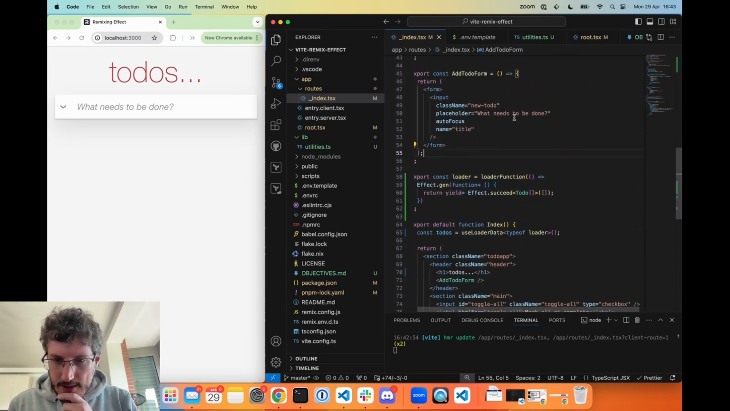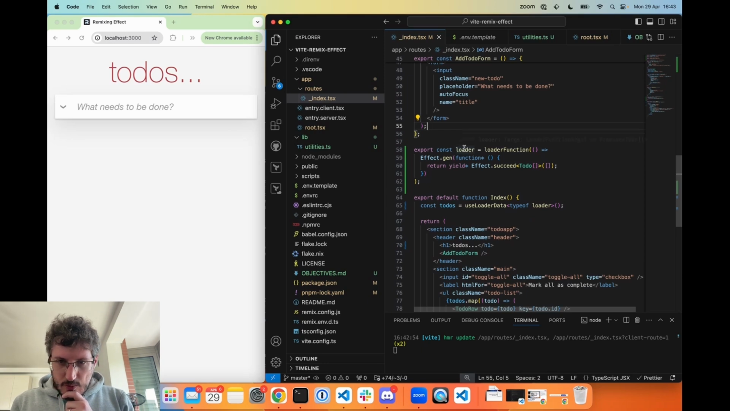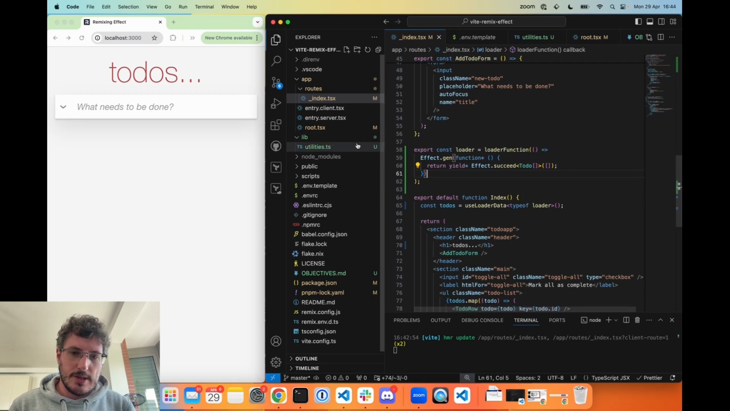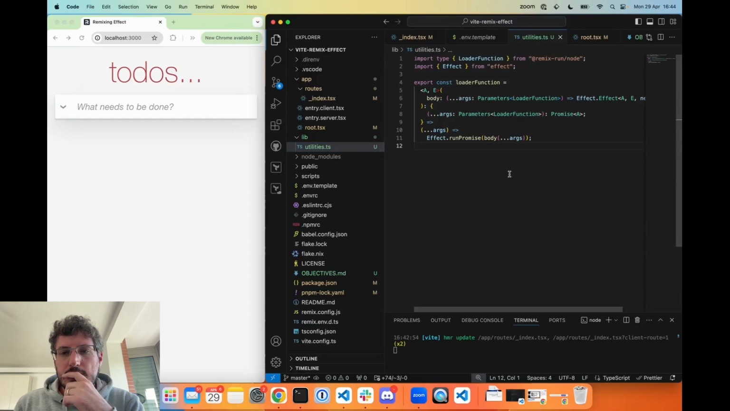Anyway, we were saying that we would like to use some environment here and not just a dumb loader function. So let's have fun trying to do that. First of all, we should